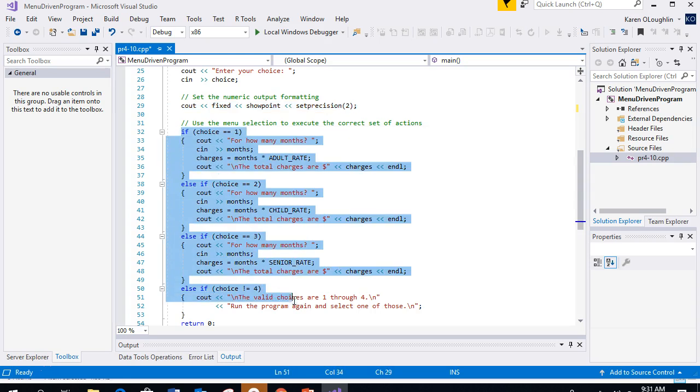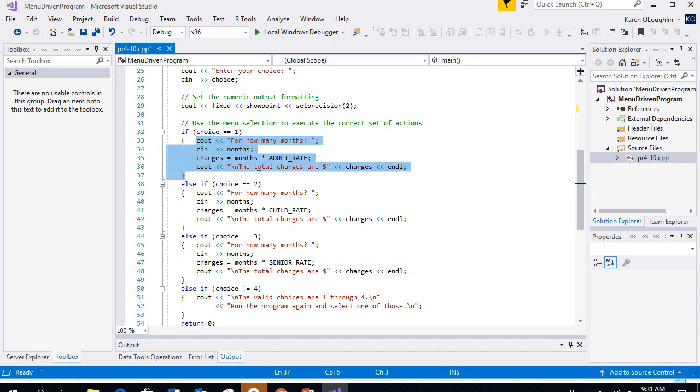And then here's the logic for running the menu. So if the user enters 1 for choice, remember a double equals checks for equality, then it will run this code. And if the user enters a 2, etc., and a 3, etc. So this particular program uses a series of if, else if statements. And also notice the